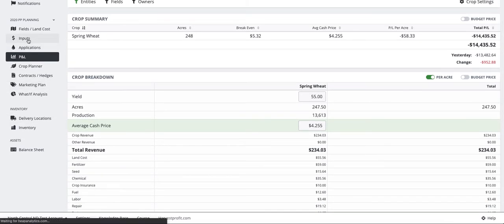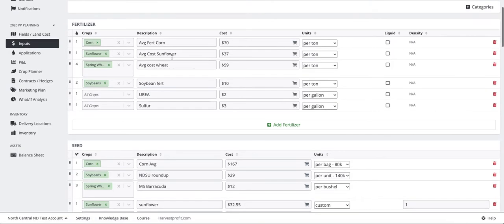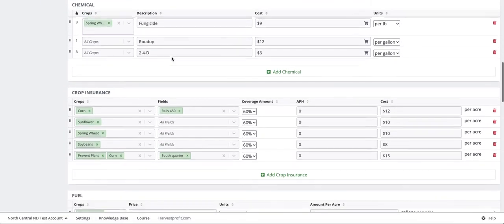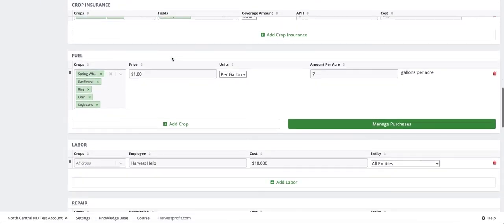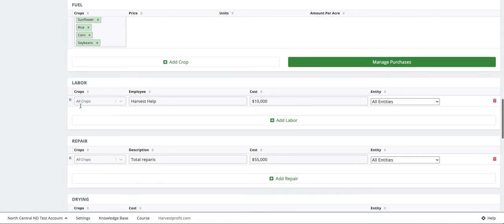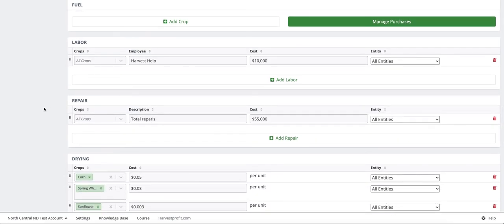We'll just hop into the inputs tab to explain this. Expenses like repairs, fuel, or excuse me, not fuel, but labor, can be set to entities. So a lot of people have questions about if I use an entity share for my landlord, how do I separate out my expenses like repairs? So obviously